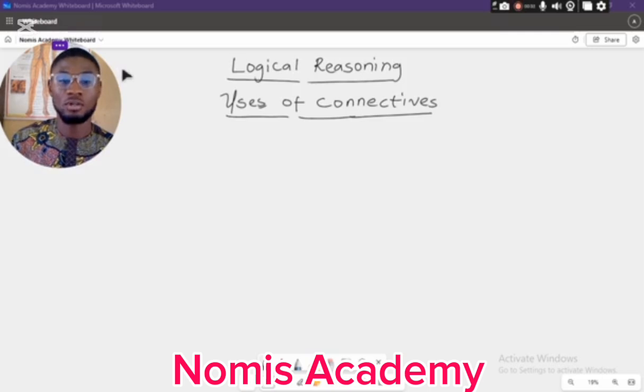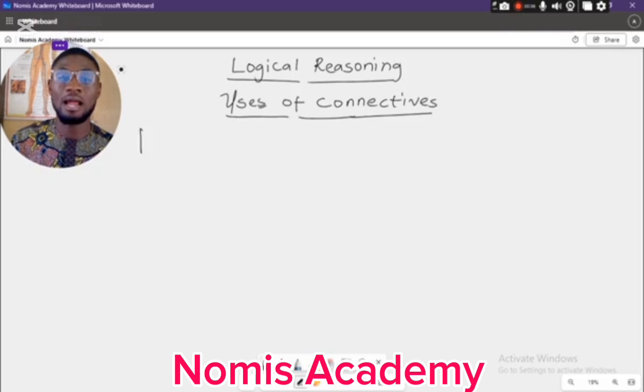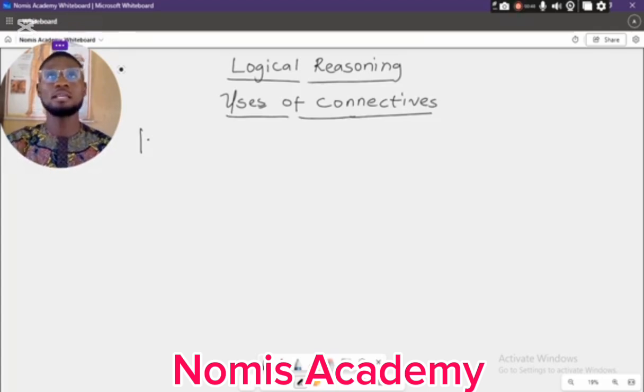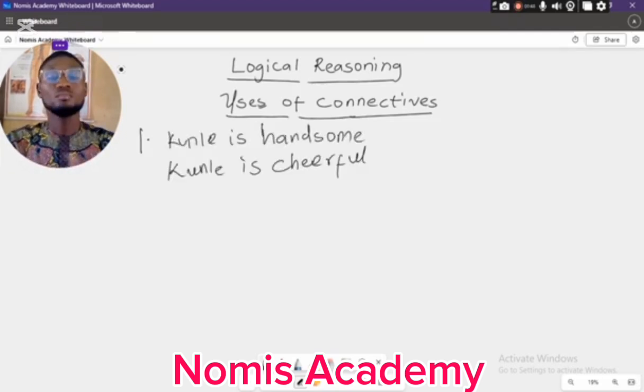conjunction. Remember, I said conjunction is "and", and two statements can be combined by using the connective. Let us say the statement: Kunle is handsome. Kunle is cheerful. These two statements can be merged together using the conjunction connective, so that it becomes Kunle is handsome and cheerful. So it can now be written as